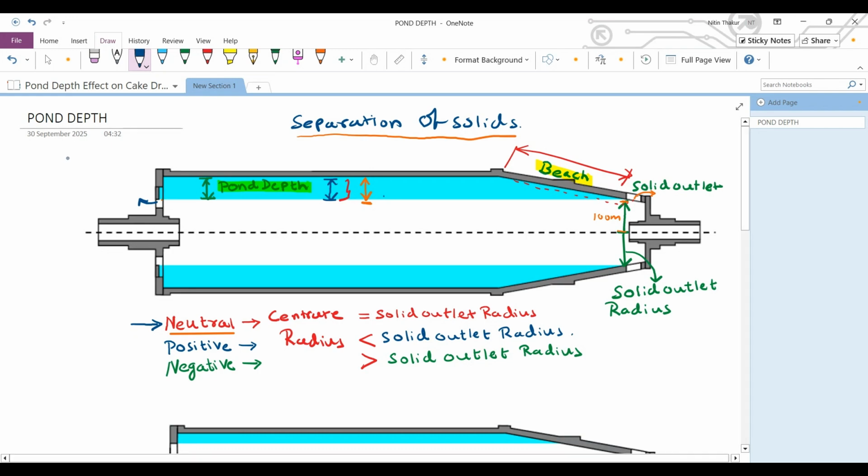So today we are going to talk about the pond depth, beach, solid outlet radius, and centrate radius. I'll just draw this over here. This is the centrate radius. All right, so whenever a decanter is running at full speed, let's just say 3000 RPM, the solids and the